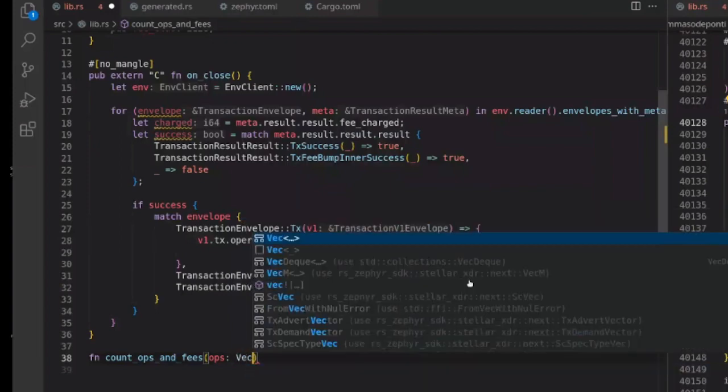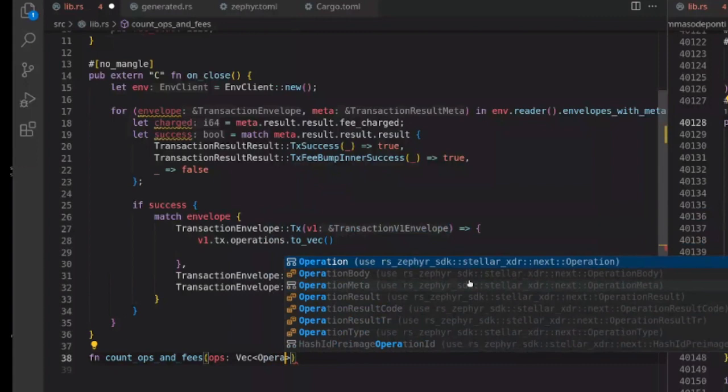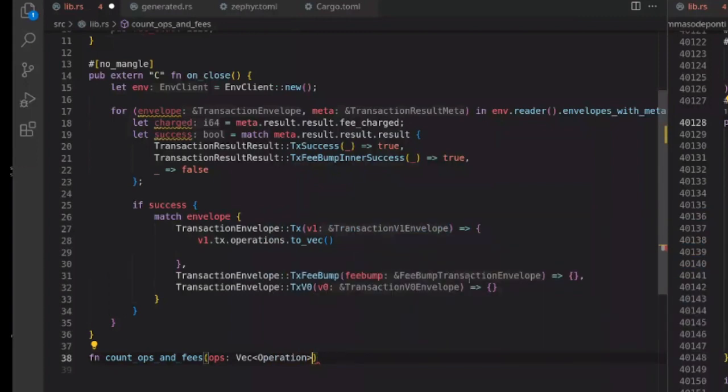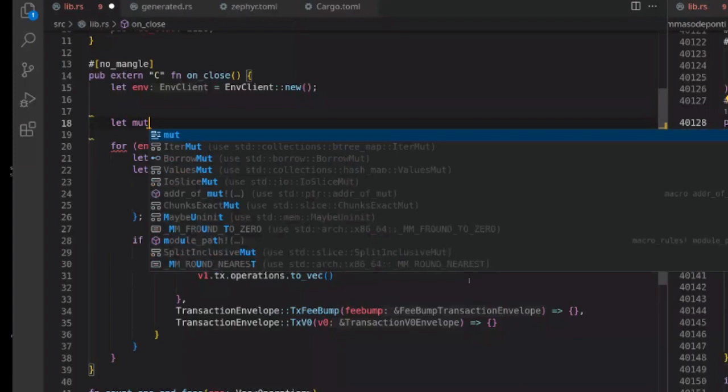So a vector of operations, and I think what we can actually do here is create some mutable